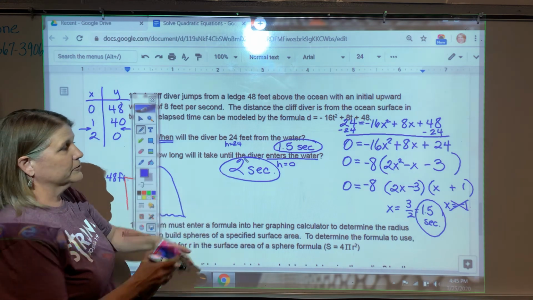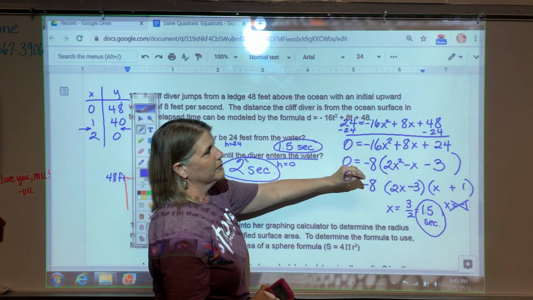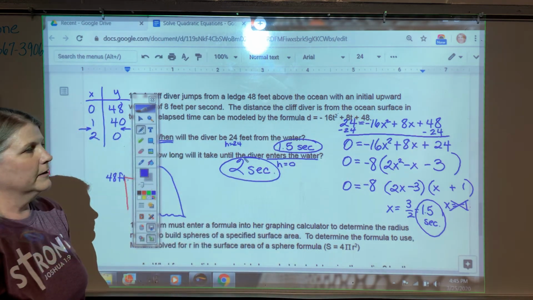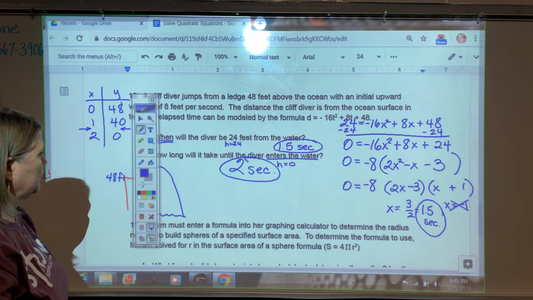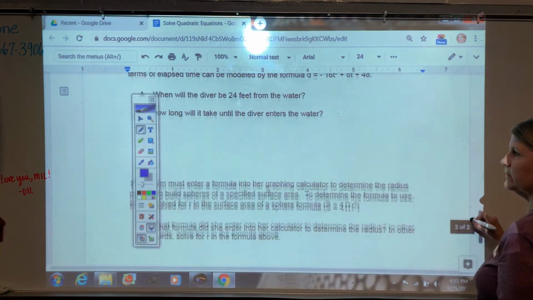So this one could be answered simply by looking at our calculator table. This one needed a little bit closer look, using a different method, by factoring, is the one that we use. All right. I think we're down to our last